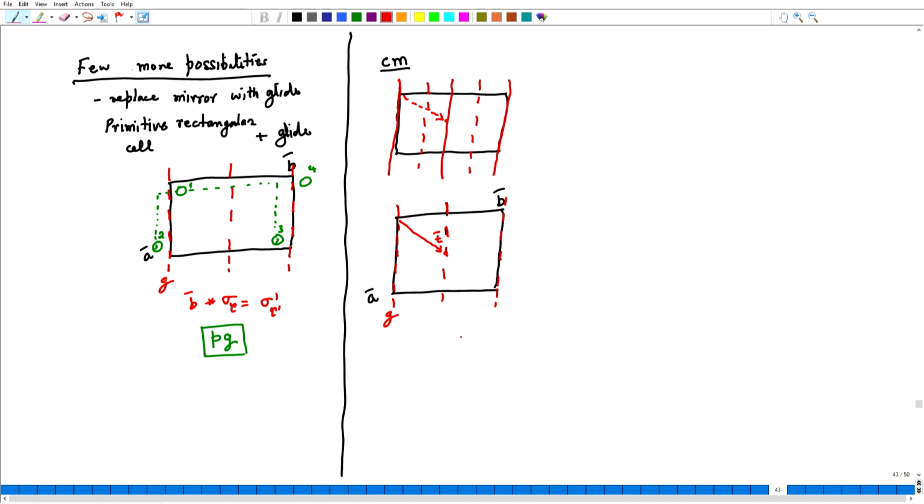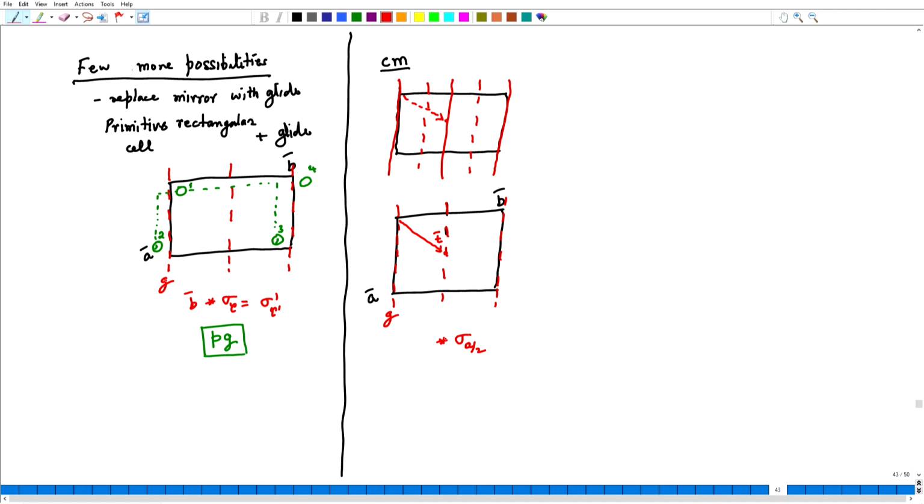So, now I do a glide operation sigma tau for this glide plane g, but then what would be the value of tau? The value of tau would be half the lattice translation along the glide plane. Now, the full lattice translation along the glide plane is a, and therefore, tau would be a by 2. So, instead of writing it as tau, let me write this as a by 2.